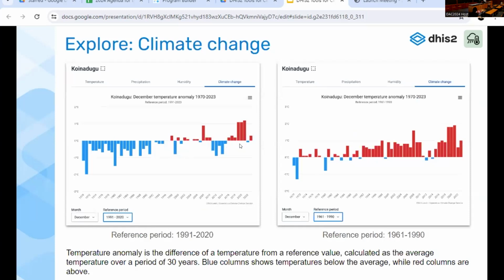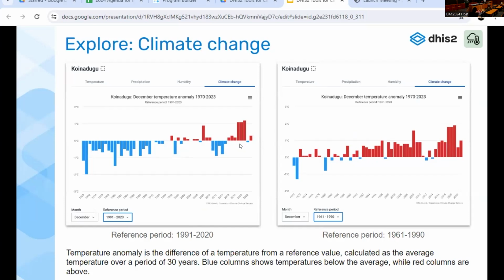And then you can also look at the bigger trend. So this one is for this district in Sierra Leone, showing the temperature change. I see that some people often get questions about this because you see blue bars and you think it's minus temperatures, and you say that is not right for my district. We don't have minus temperatures. So we might change the